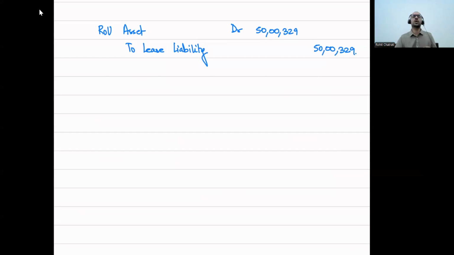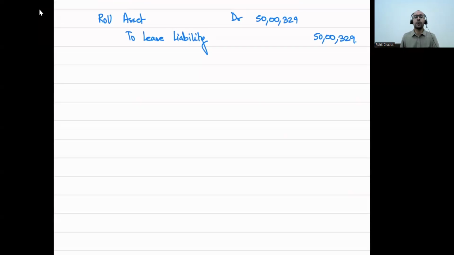Generally, what we learned was that the ROU asset will be depreciated over the lease term. But in this case, at the end of lease term, the lessee will actually be acquiring the asset, and hence the ROU asset should not be depreciated over the lease term, but over the useful life, because the lessee is going to use this building for its entire useful life. We are reasonably certain that we will purchase the asset at the end of the 10th year, and therefore we will continue to use it for the remaining useful life, and hence the ROU asset will be depreciated over 40 years in this case.